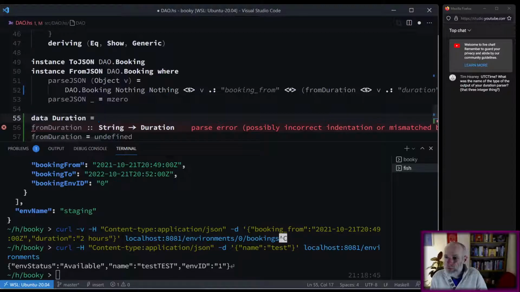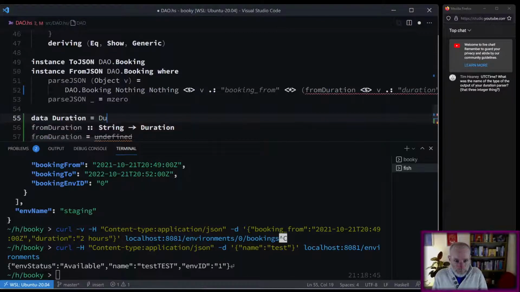Sorry, what was the name of the type of the output of your duration parser? Yeah, that's the 3 integer thing. So the way I did it before is I made it a record where I had,